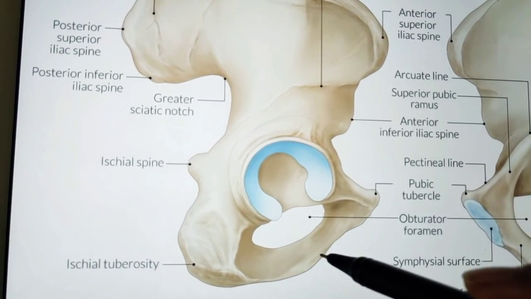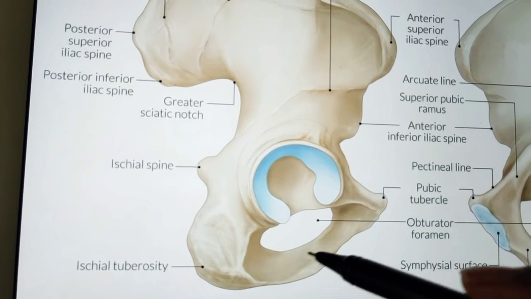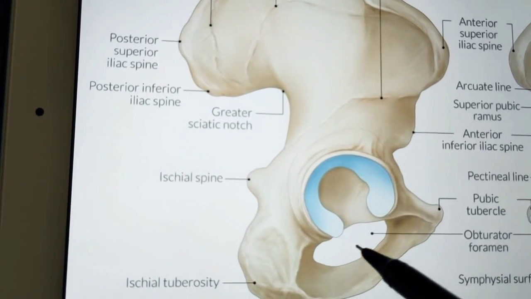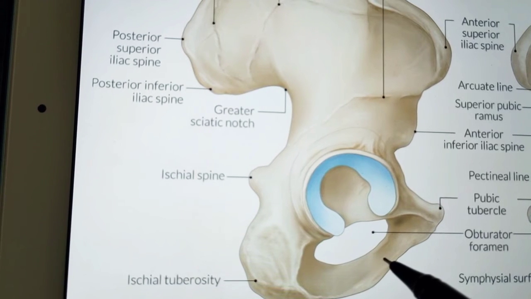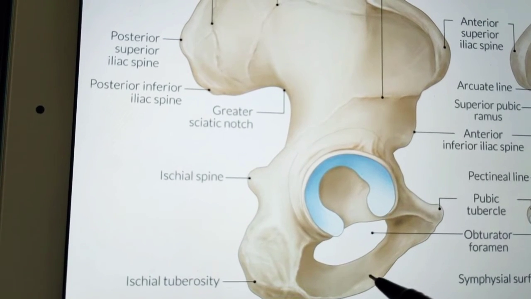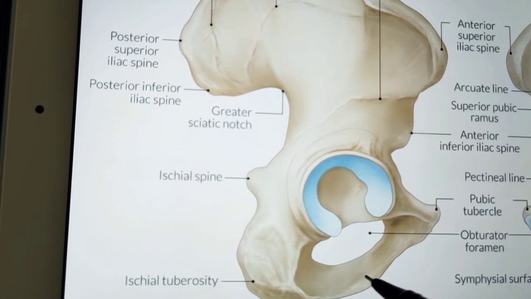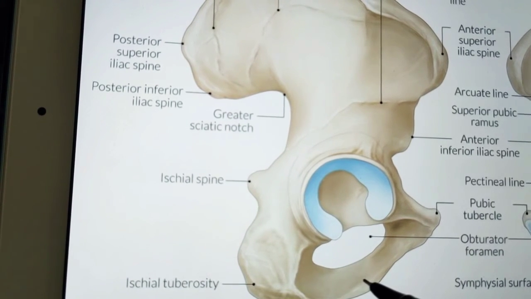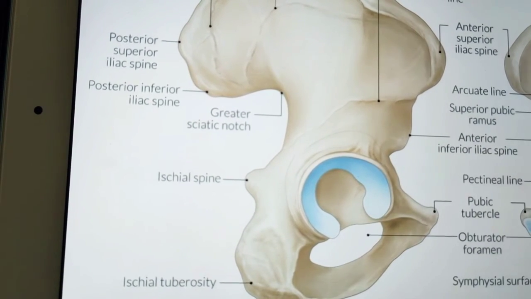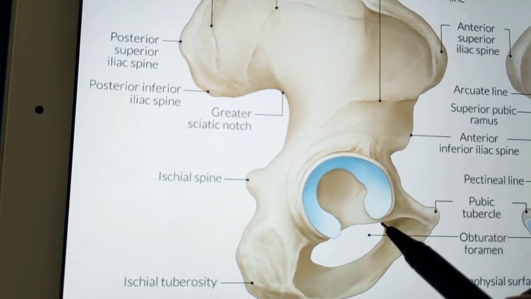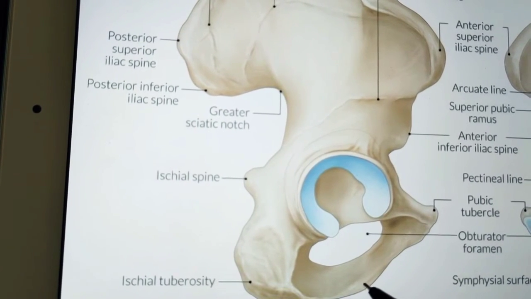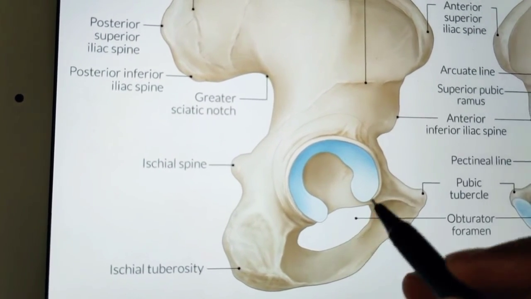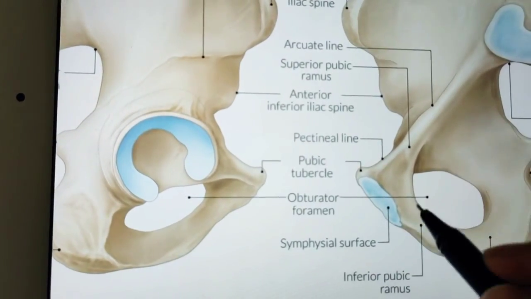Okay. So the conjoint ischiopubic ramus: the ramus of the pubis unites with the ramus of ischium on the medial side of the obturator foramen. The site of union may be marked by a localized thickening. Some thickening will be over here. And two surfaces, outer and inner. So conjoint rami have two borders, upper and lower. You can see, this is the upper border, this is the lower border. It has two surfaces: this is the outer surface, and this is the inner surface.